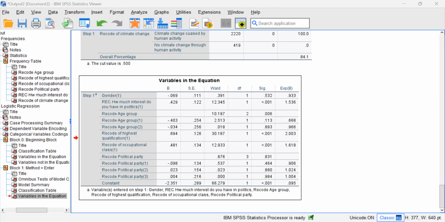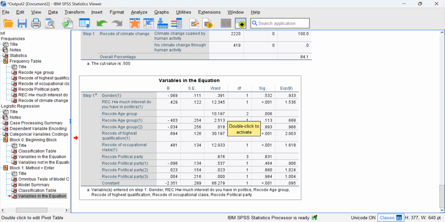So in the variables in the equation table, we have a number of different columns, some of which are more important than others. The first column is the beta column, and this shows you the coefficients that SPSS has calculated through the model. I need to explain to you what these coefficients refer to. So a logistic regression model is